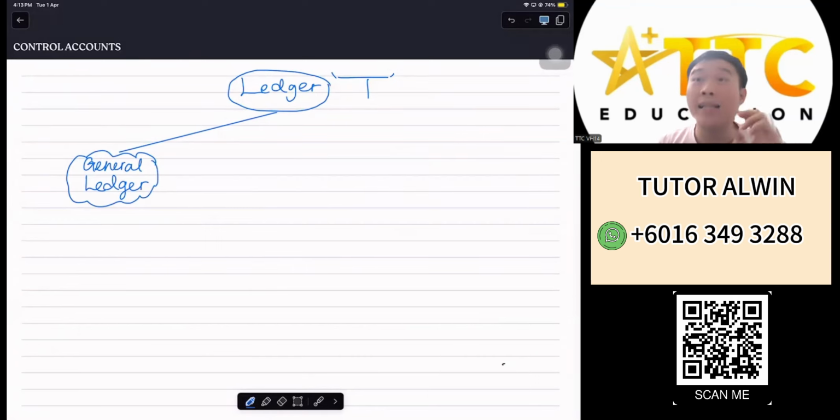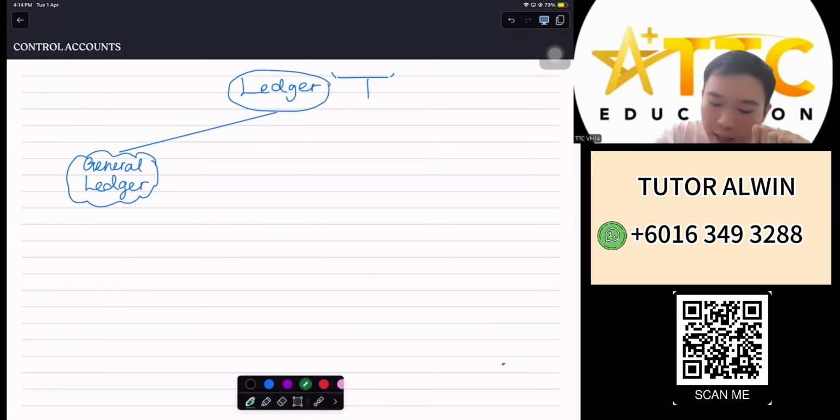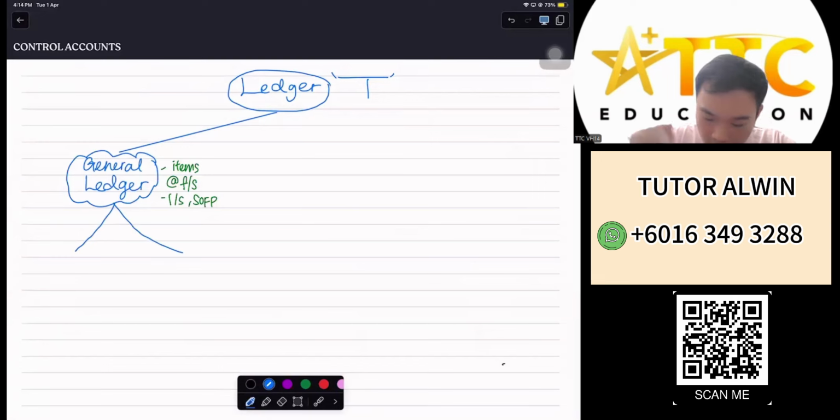So the general ledger are the items that you will see inside the financial statements. Normally that's what you see: items at our financial statements, in our income statement and also our SOFP. All the figures come from the general ledger. So general ledger is made out of 2 things. One is called the real accounts, particularly all and everything of our asset accounts. Another is the nominal accounts,